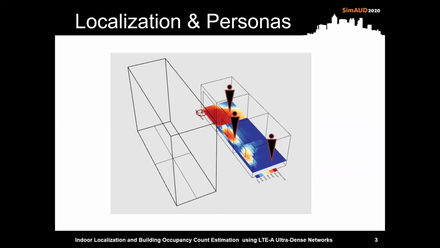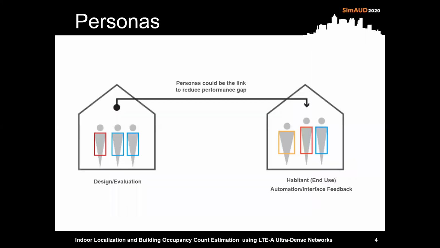Such complex analyses are limited in building performance analysis. We propose personas to better understand and predict occupant behavior and energy usage in buildings. For example, during the design and performance evaluation, the occupants may be assumed as warmer or wearing different types of clothing or exhibiting certain types of behavior. But when the building is occupied, more precise data can be collected from the occupants through localization methods.